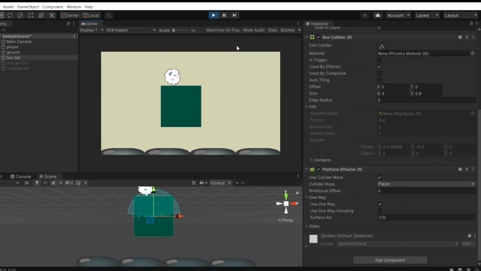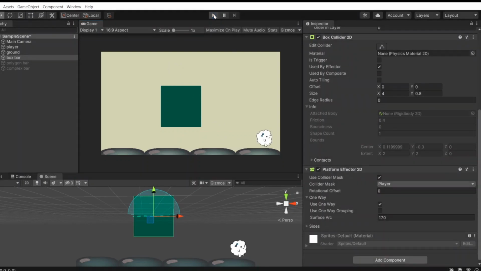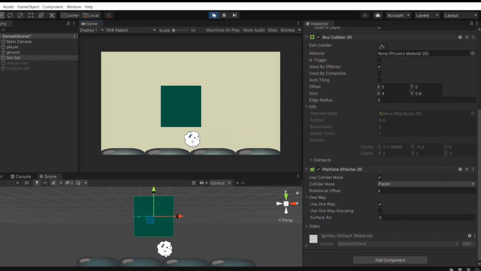Can you imagine its behavior when the angle is 0 and 360 degrees? At 0 degrees, there is no collision at all, so Flare can pass through it and also does not have a top side on the platform to stand on. At 360 degrees, the platform is surrounded by full collision. Flare cannot go through it, but it can jump and stand on the top side of the platform.